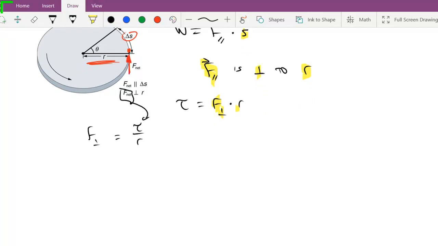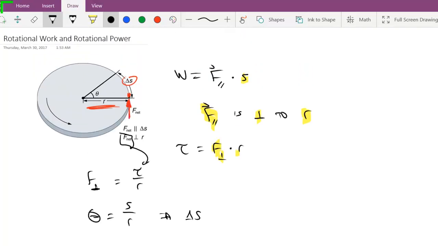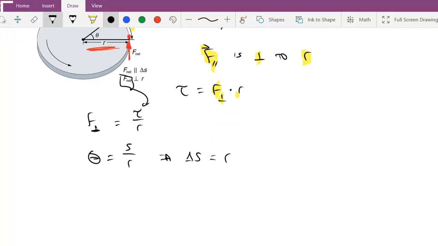And then we can look at, remembering back to how we defined a radian, remember that an angle measured in radians was the arc length divided by the radius. So this meant that the delta S that we have up here, this displacement, is going to be equal to the radius times a change in angle. And so putting these together, we can see here that